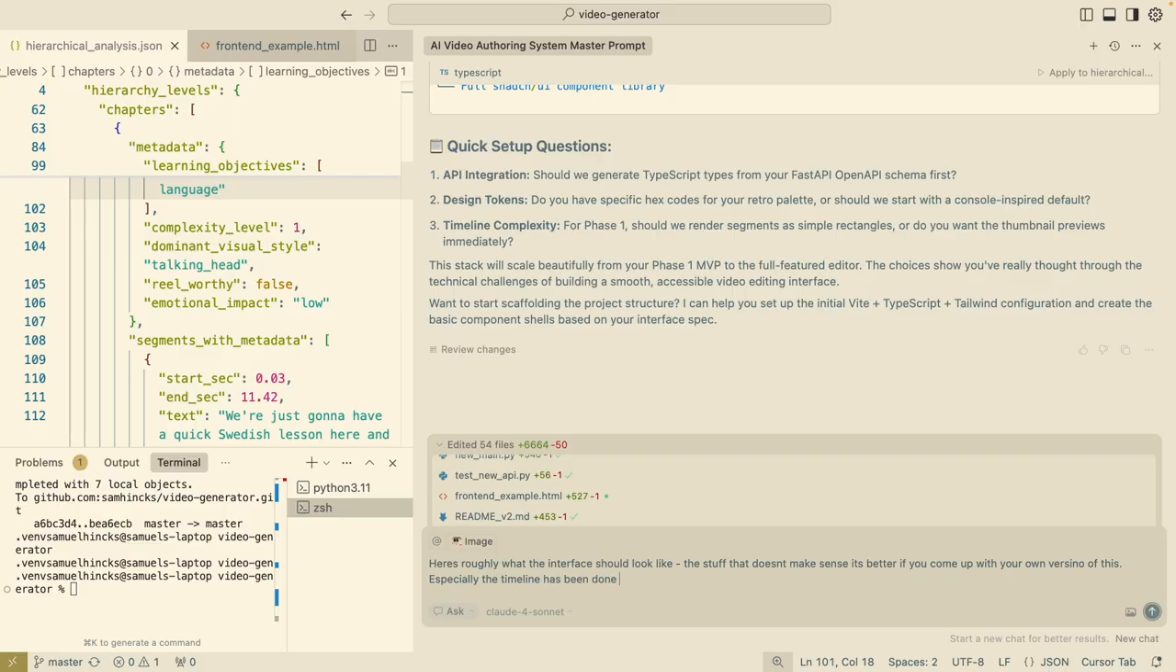Especially the timeline has been done wrong. Should be as blocks arranged horizontally with tiny squares on top. And yeah. Okay, so